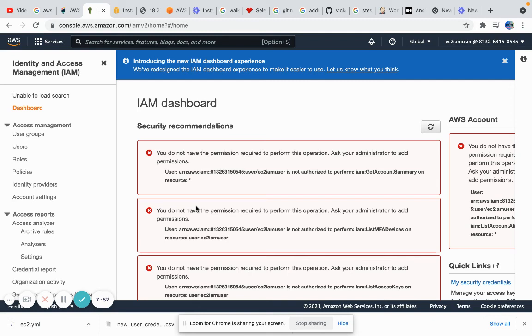A user can have multiple permissions. For the user group, you can add a permission like IAM full access so that he will be able to create an IAM user as well, or you can give him access to Lambda.